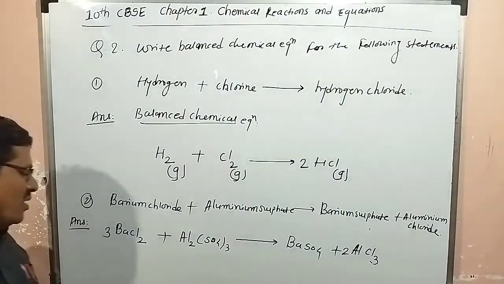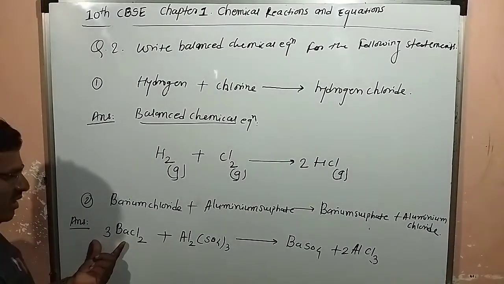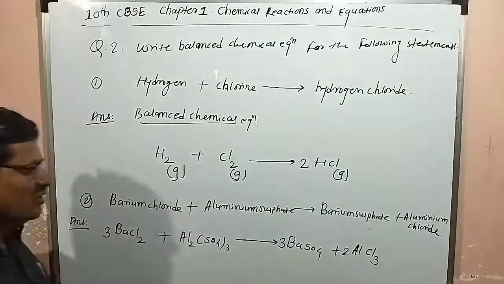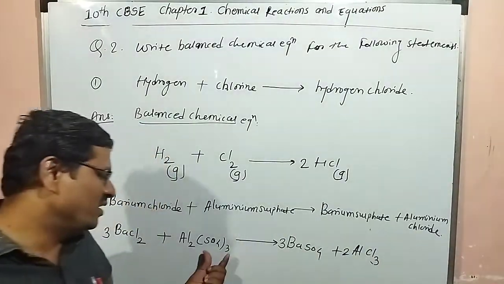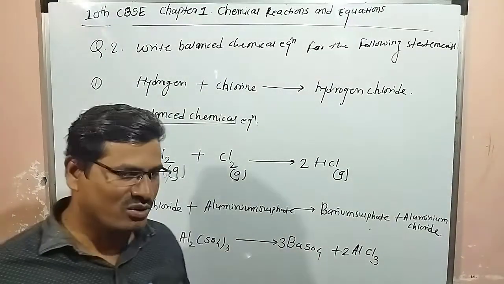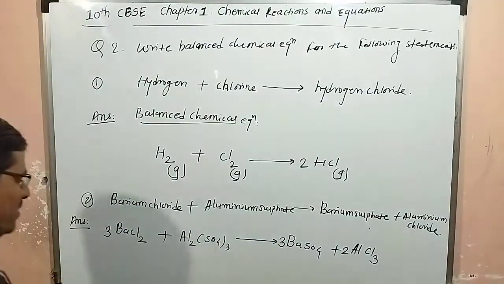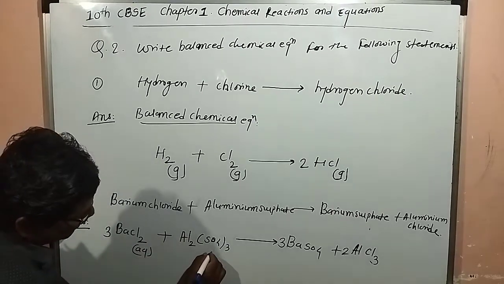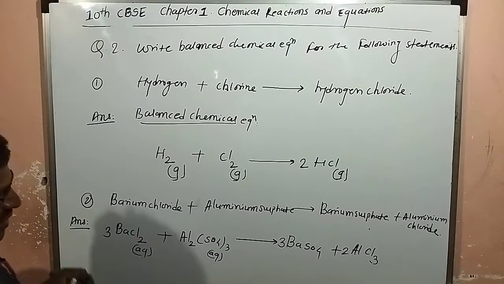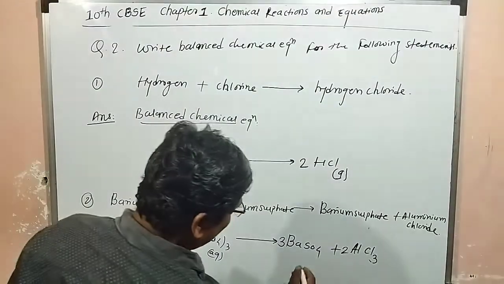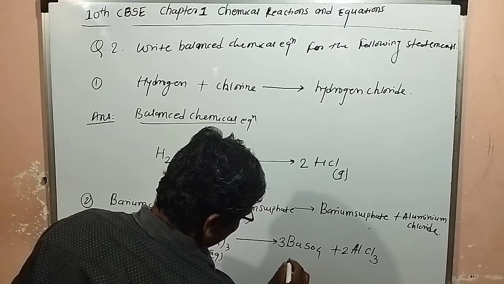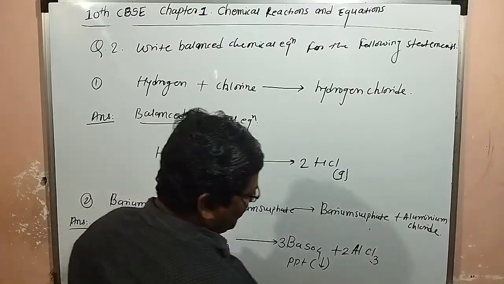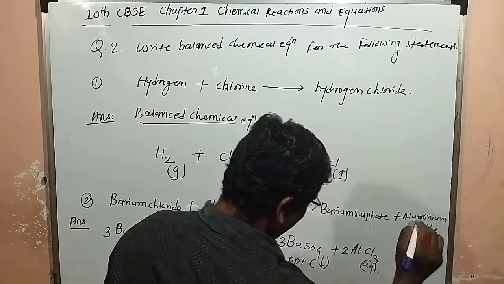Another thing now. On the left side, barium is 3, and here it is 1. So we'll multiply here by 3. So 3 BaSO4, and here SO4 is 3, and 3 SO4. So this chemical equation is balanced, and we'll write BaCl2 in aqueous form. This one is also aqueous, Al2(SO4)3. It will give BaSO4, which will be a precipitate, or we can put a downward arrow here, and this one is in aqueous form.